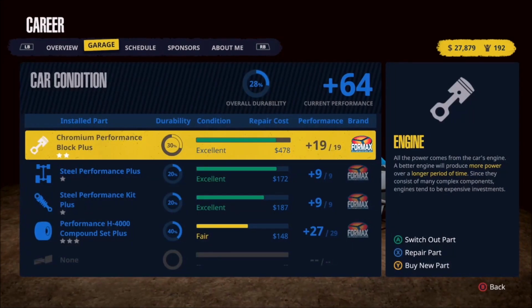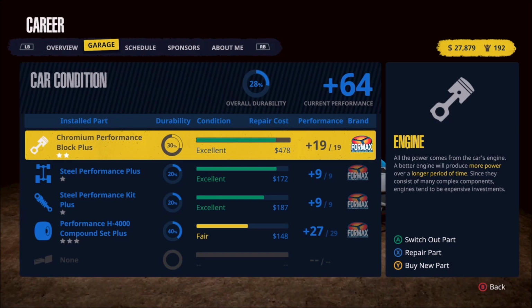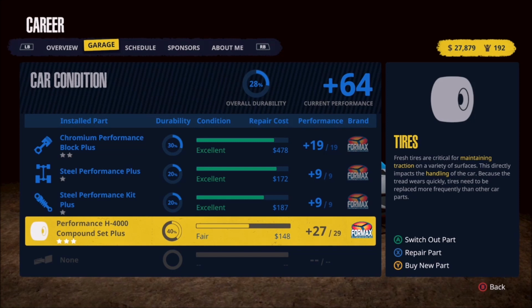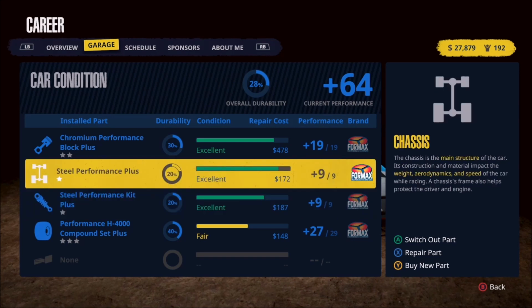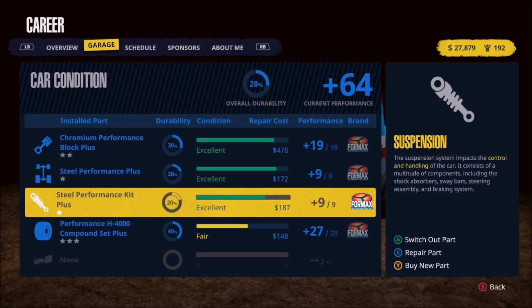If we come back over to the garage, as we scroll down through the parts, you can see we've got 2-star for the engine, and then you come down to the tires where we've got the maximum 3-star. But then in the middle, we've got a chassis and suspension that are still at 1-star, because what I've seen in our testing is that these really don't get us much of anywhere, which is unfortunate,